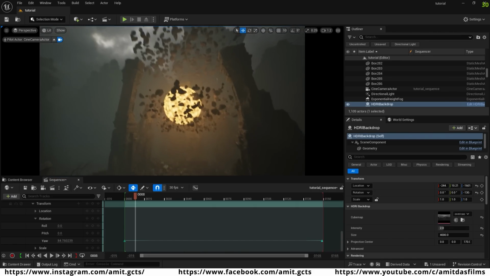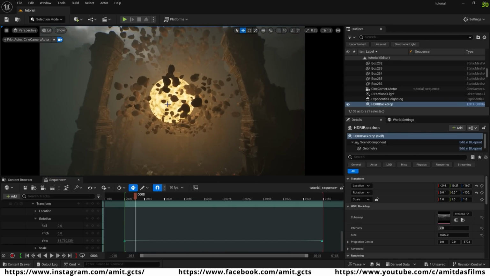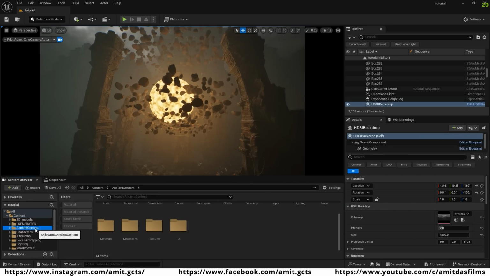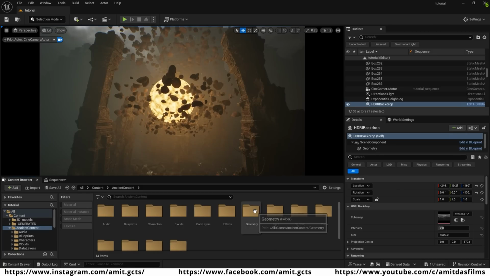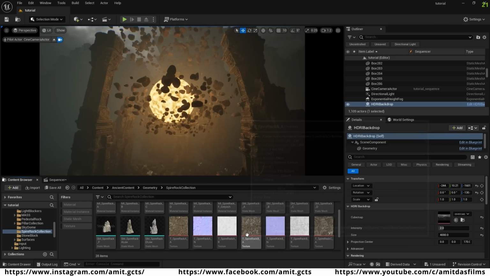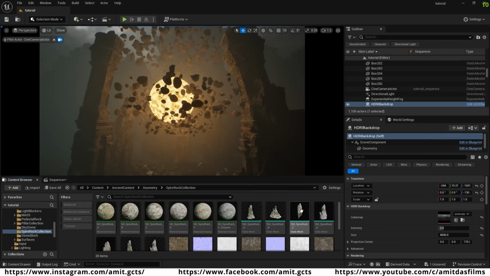Okay, and now we're going to design this orb here a little bit. So again, we're going to put some assets from the ancient content. So I go to this content browser, and then we go to this ancient content, and then we go to this geometry folder, and then we go to this Pyre rock collection here, and we're going to use this rock asset. So we just bring it over here,